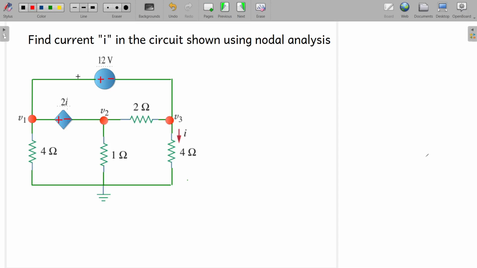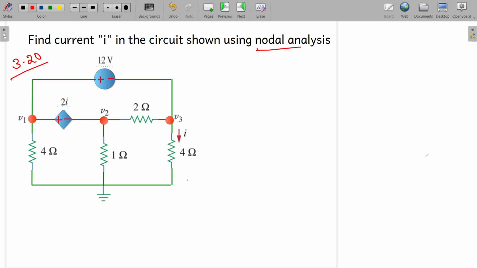Hello everybody. Now we are going to solve this electric circuit problem using nodal analysis, and this problem is from Fundamentals of Electric Circuits by Alexander and Sadiku's 5th edition. The question number is 3.20. We are asked to find the current I in this circuit, and the methodology to be used is nodal